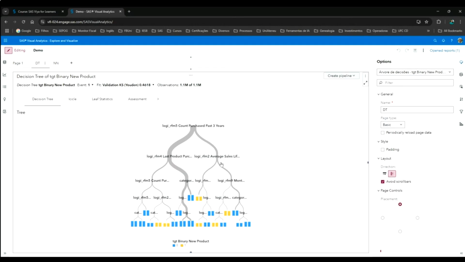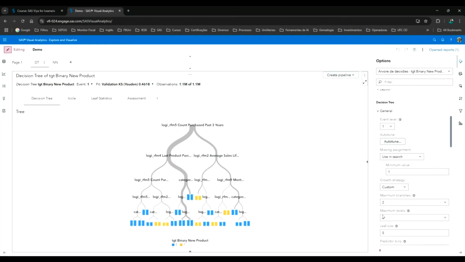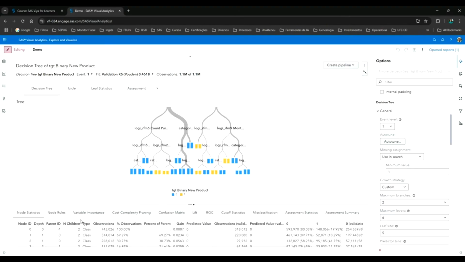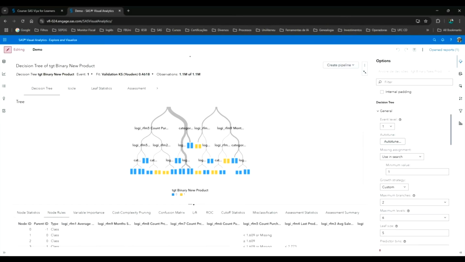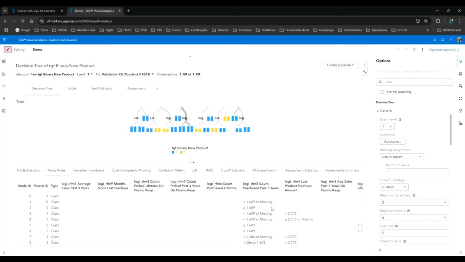Okay, in this decision tree, I left just 611 as the maximum, and here we have the rules. Then, if I want to track a response, I can explain using these rules. It's very good.